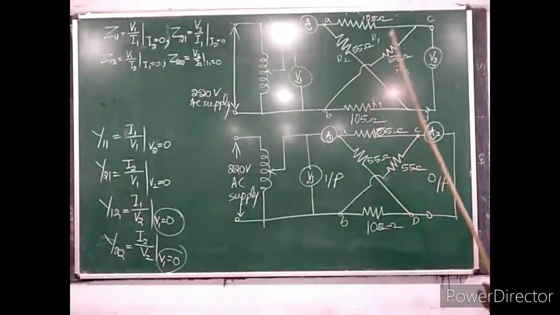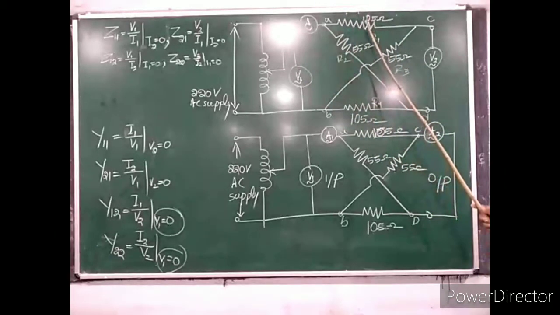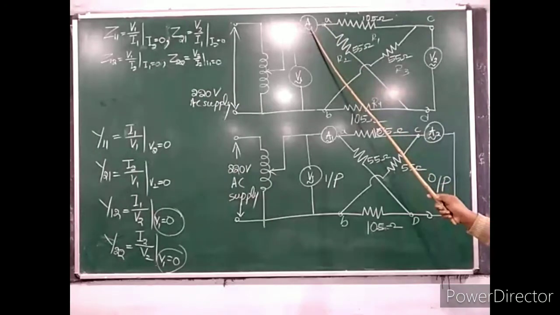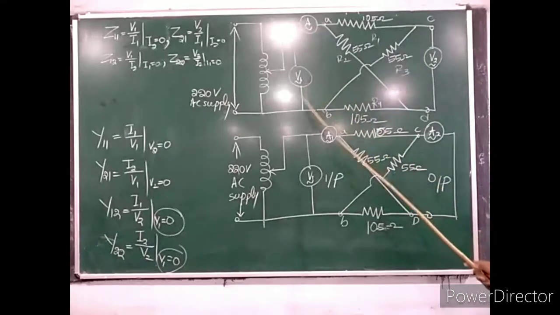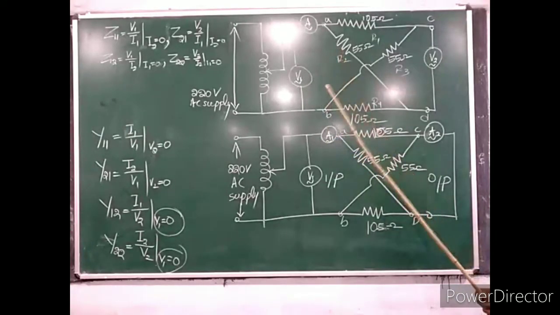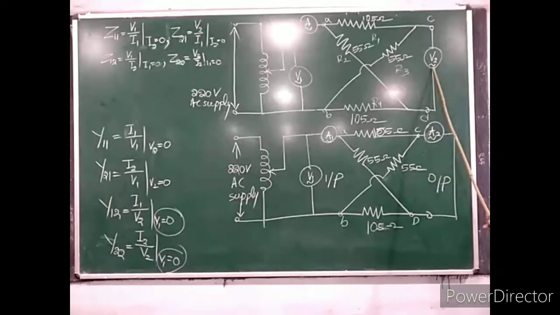So how do you connect them? The starting point of R1 and R2 is connected, the ending point of R1 and the ending point of R3 is connected, the starting point of R3 and R4 are connected, and the ending point of R2 and R4 are connected. Then at point A you connect an ammeter, 0 to 5 ampere, in series, and across the A and B terminals you connect voltmeter V1. The voltmeter is 0 to 300 volt, and across C and D you connect another voltmeter.